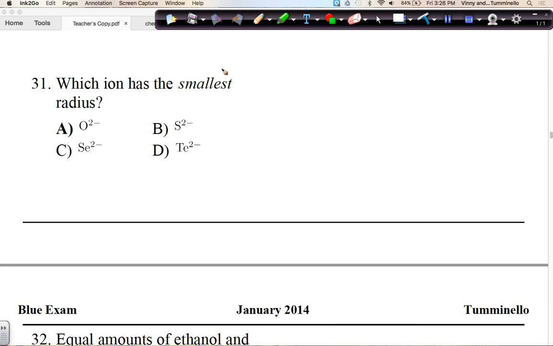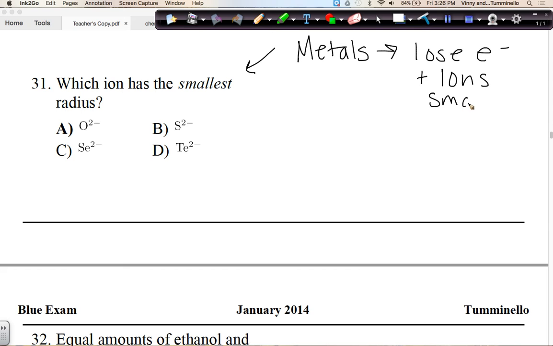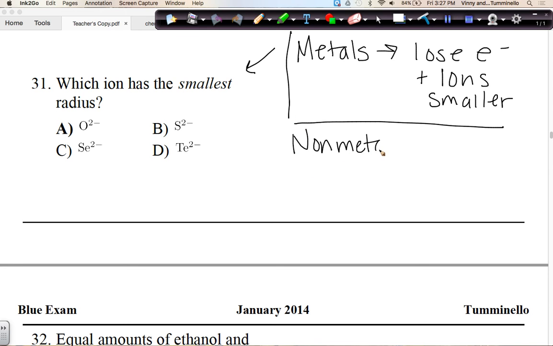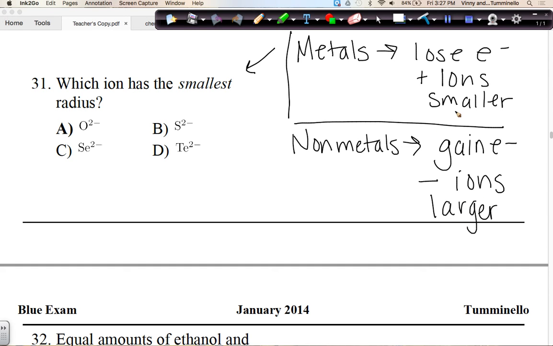Okay, so looking at question 31, this question is asking which ion has the smallest radius. And remember, for some background information, metals tend to lose electrons and form positive ions that are smaller than the atoms. But these right here are not metals. These right here are nonmetals. Nonmetals tend to gain electrons to make negative ions, and these negative ions tend to be larger than the atoms